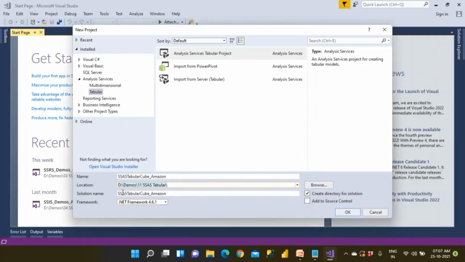And see what .NET is being used internally: .NET Framework 4.6.1. Clear. So SSIS and SSRS, even Power BI, even Excel. Excel is also .NET software. So when you have installed Windows 11 or Windows 10, the .NET component also gets installed automatically.